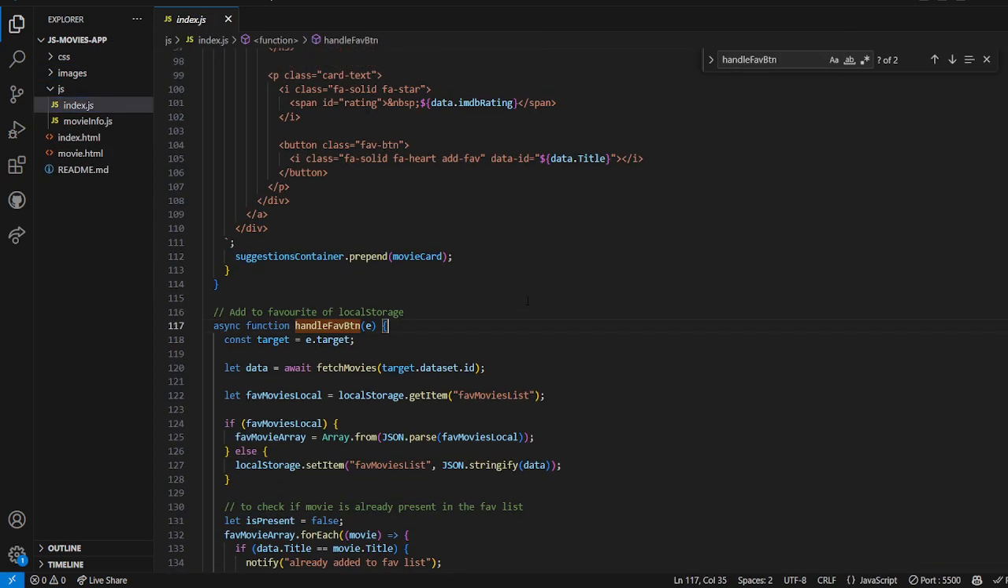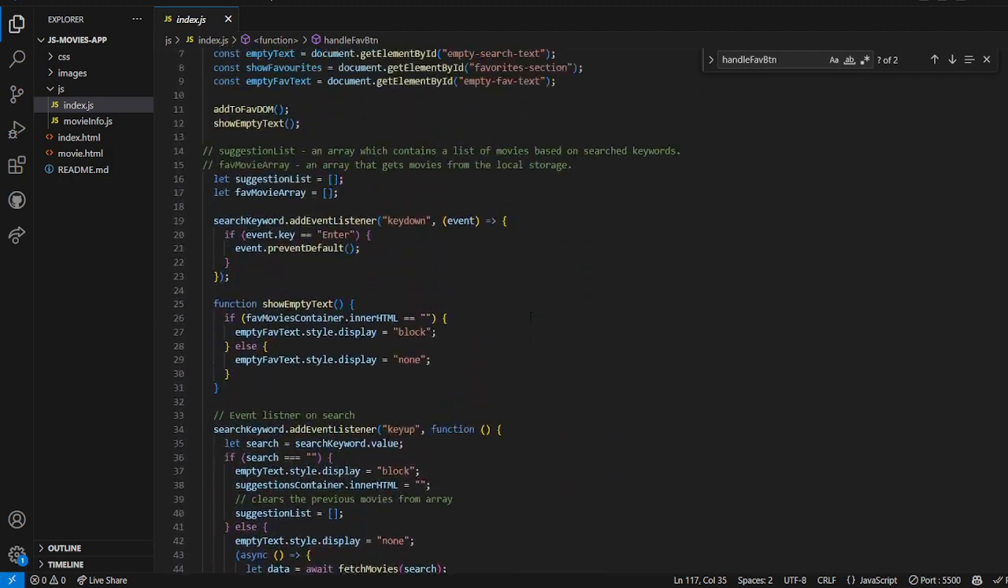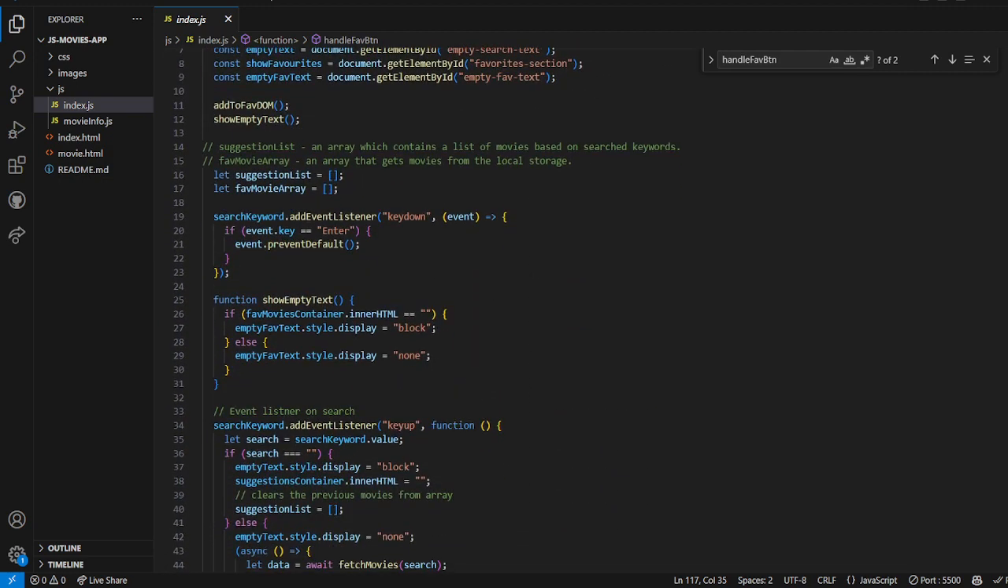So this is the JavaScript file. Over here the logic is written. Like whenever we press any key in the search bar, then this event is invoked because it has added an event listener. Whenever we press key down, this event gets invoked. And